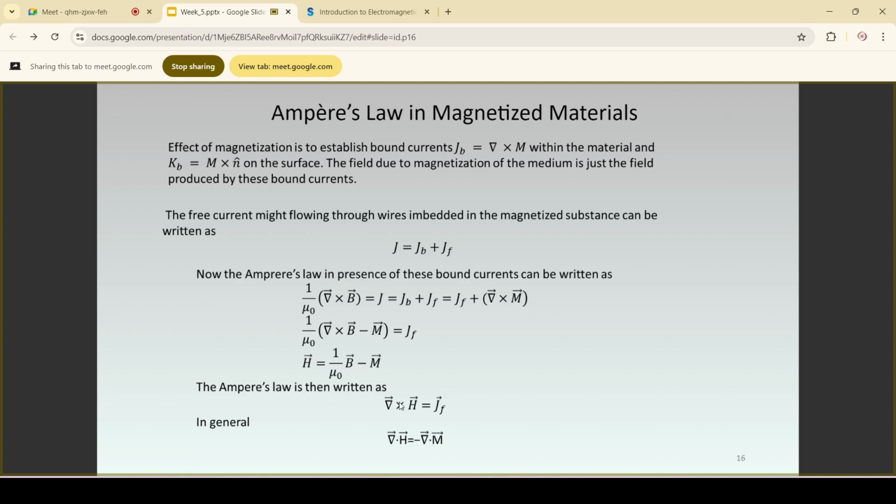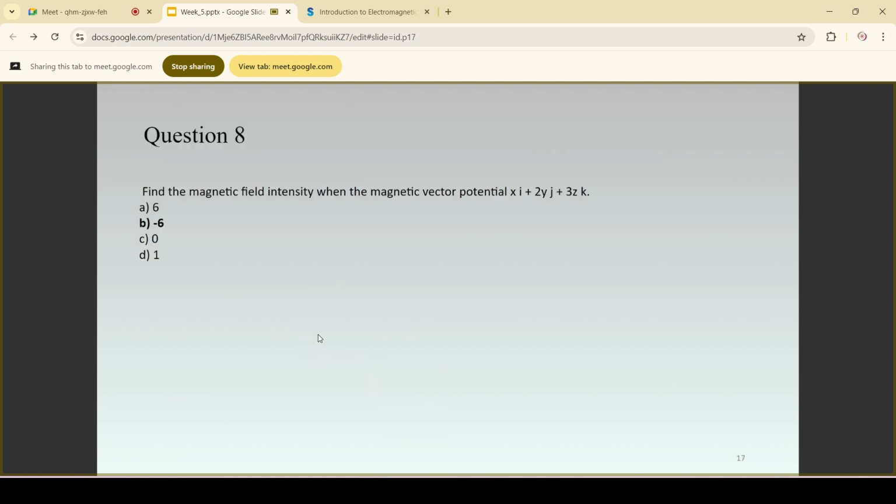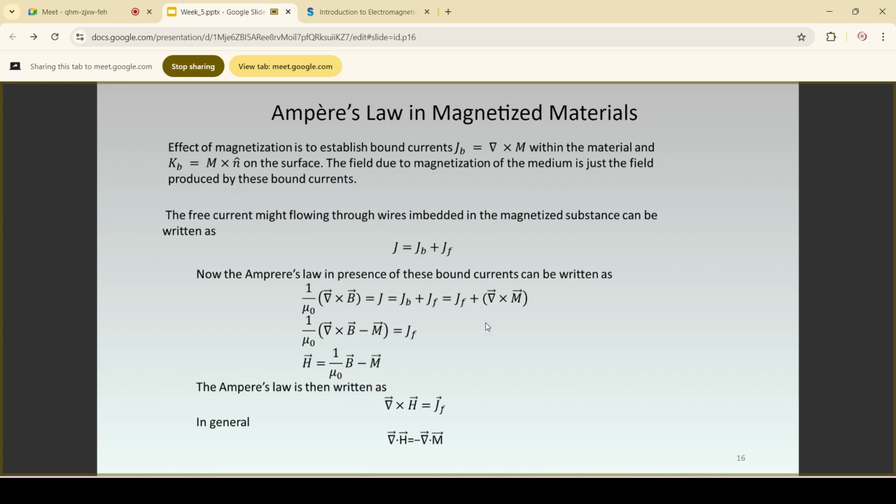Now what will happen? Due to this, you can write it like this, just cross term one side. So you can again define a new quantity, which is H equal to 1 over mu 0 B minus M. Sorry, this is a typo. Here it should be, inside, del cross B over mu 0, and the bracket terms change. I will change it. So here you can write del cross H is equal to J free,